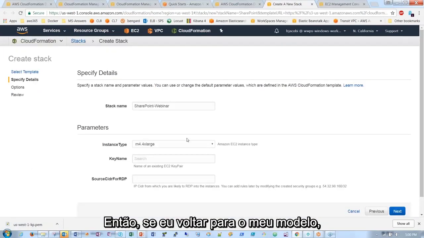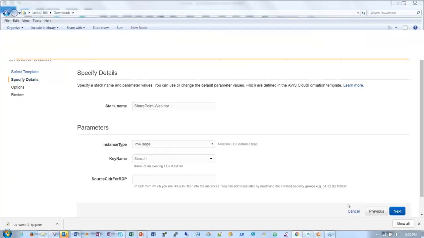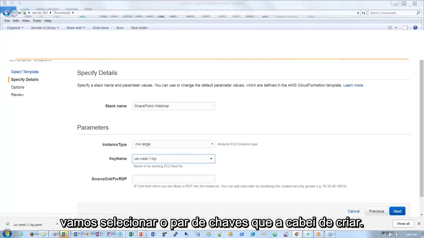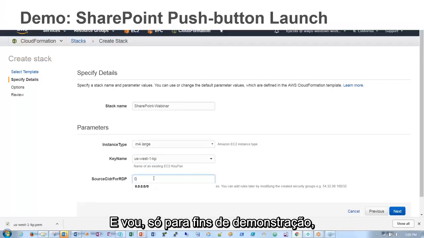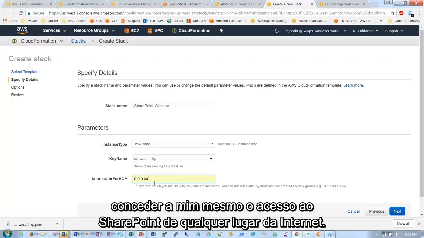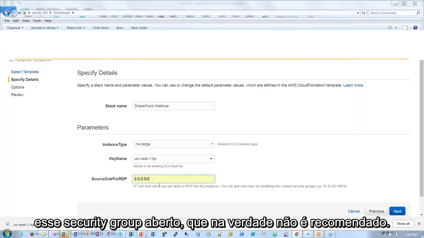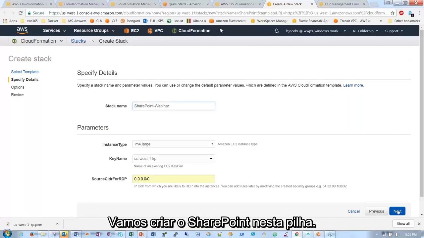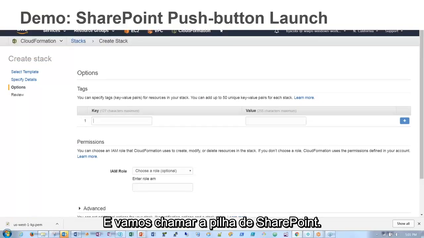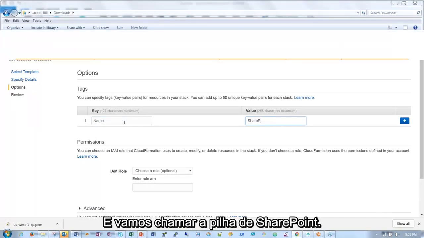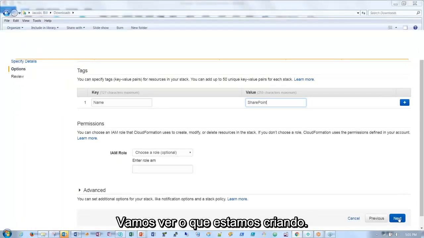So if I now switch back to my template here, let's just select my key pair, which I just created, and I'm going, just for the sake of demonstration purposes, to allow myself to access SharePoint from anywhere on the internet. When this webinar is over, I'll go ahead and delete this wide open security group, which is actually not a best practice. So we're going to create SharePoint in this stack. We will name this stack SharePoint, and let's go ahead